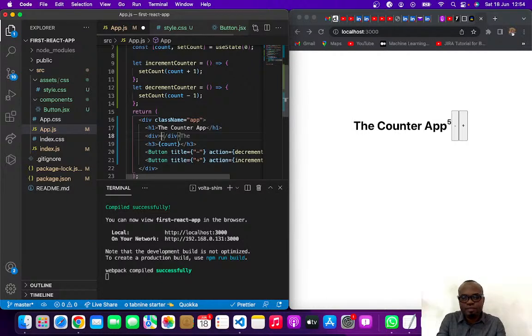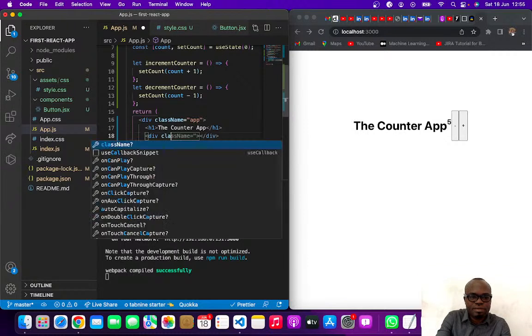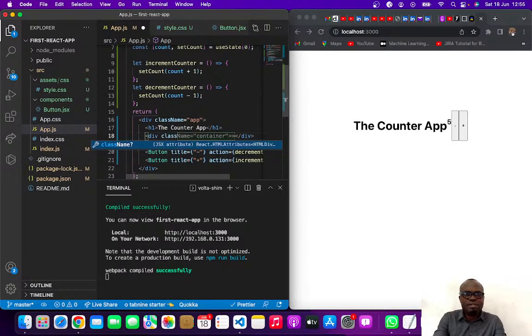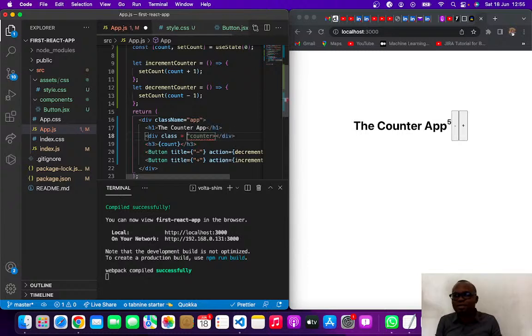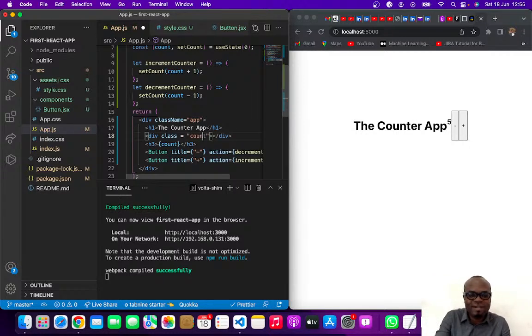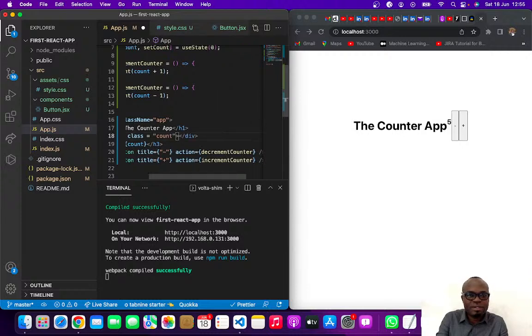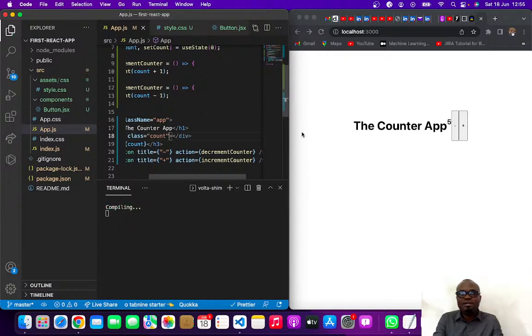Why I'm creating this div is because I already have a div there. So what is the class of this name? In recent times, you can actually have class instead of class name because the way it is now built, there's no more confusion between the normal class of the class-based component and class in the CSS. So you can actually use class instead of class name. So I'm gonna have count. Count is one of the classes that I have there. Okay, so if I save again now,